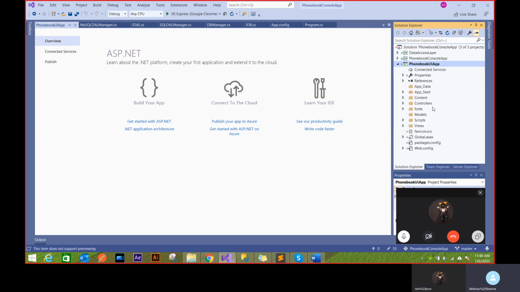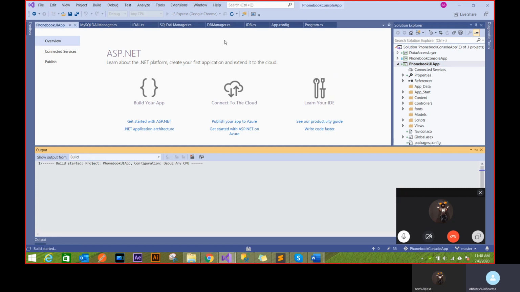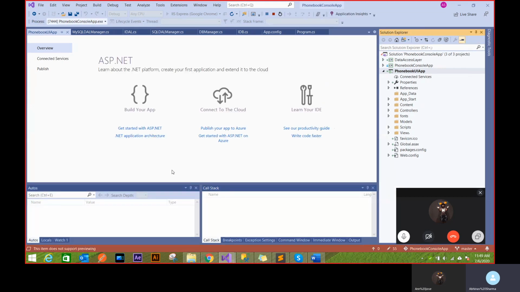Now before going into this whole thing, let's just run this application and see how it looks. That's the benefit of having multiple projects. If I just select the right project and run, it's going to run that whole application. So it's easier that way. Rather than creating a whole new Visual Studio every time, I can just create a new solution and add multiple projects inside it. The first run will be a little slow, but it's going to open Google Chrome for you, and you will see a pre-filled UI. You'll see something running on the UI in your first run. So it's running, and the first run will be slow.